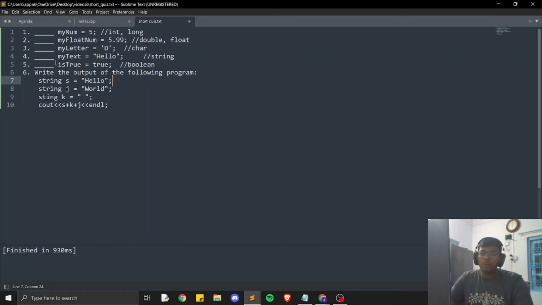Now to write the output of the following program: string s is equal to hello, string j is equal to world, and string k is equal to a space. Now what will be the output of cout s plus k plus j? As we learnt in string concatenation, the strings get merged together. So what will be the output? The output will be